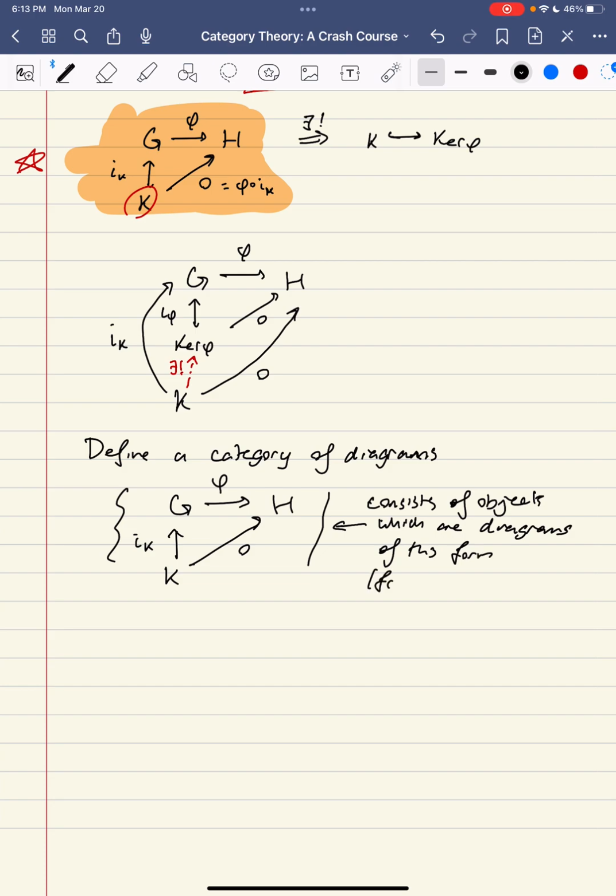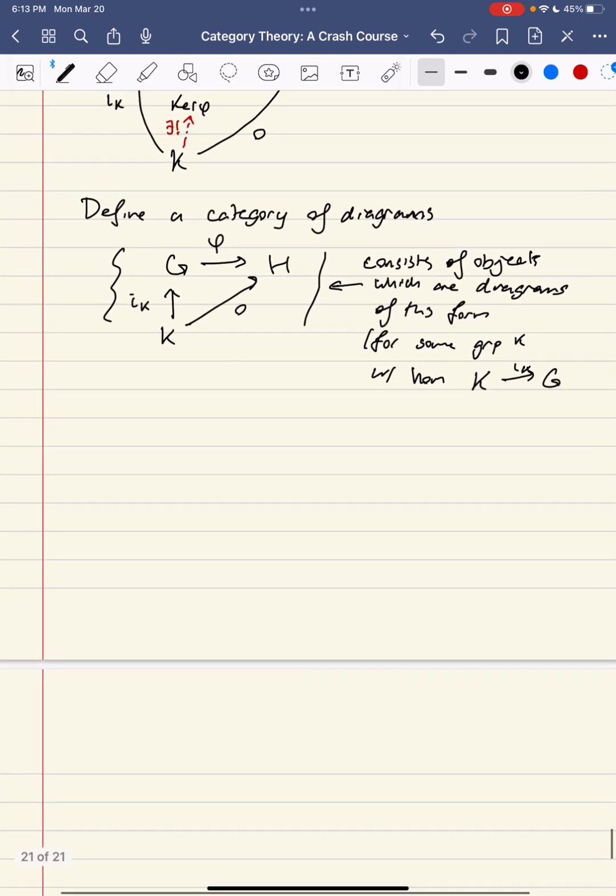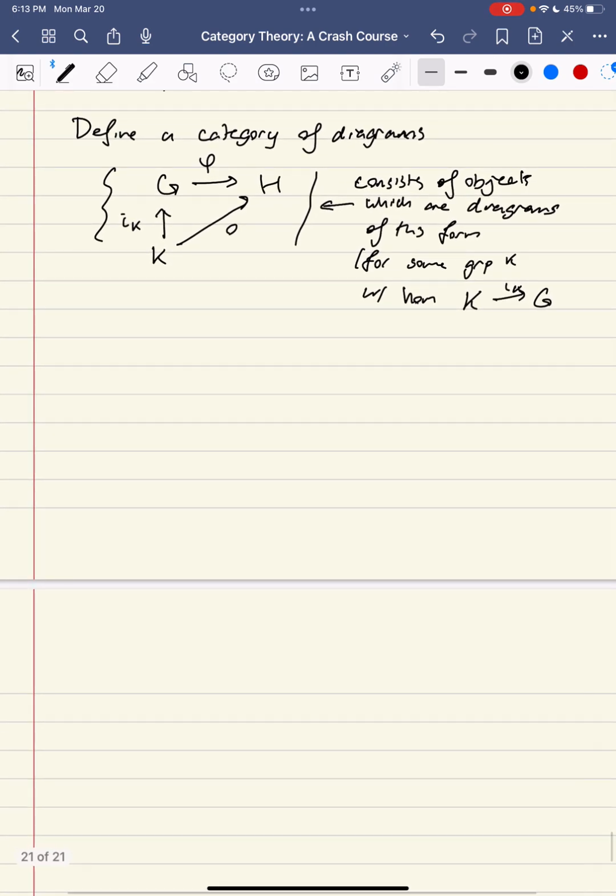For some group K, with morphism K going to G, and composition... I'm getting ahead of myself. Morphisms between diagrams are exactly of this form. So if I have two such objects,